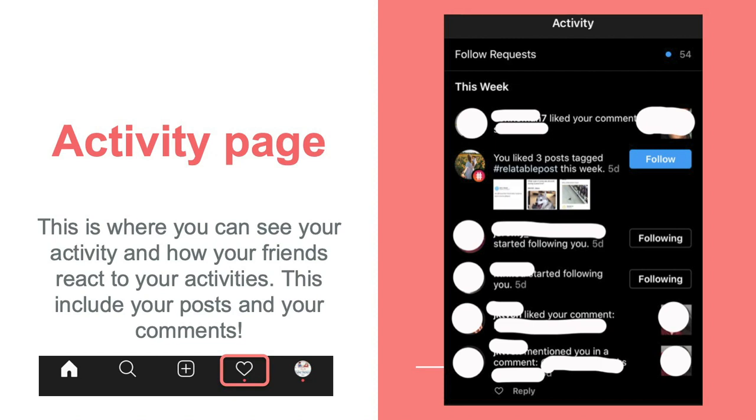So there's something that's called an activity page. That's what we were talking about before, when if someone likes your pictures, it would appear as a notification on your Instagram, in a little heart that's at the bottom. It's the main control panel for your Instagram. It's the little heart that you press, and you get all of the different notifications that way of people who liked your post, people who started following you, someone that commented on something. So to get there, again, you press the little heart symbol at the bottom of the screen.